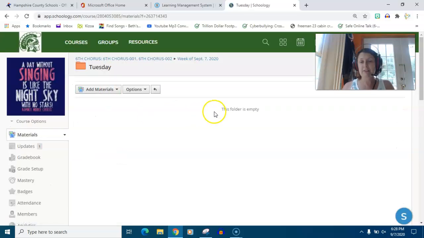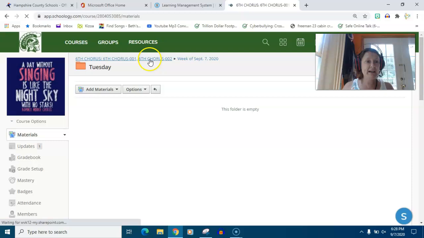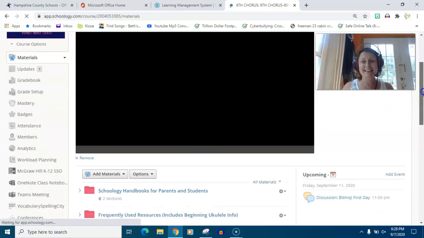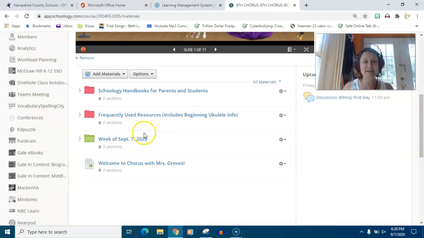There's nothing there, which means I guess I don't have to do anything because we're only seeing our 8th graders that day and we're not having related arts. So for that particular class, there's nothing there, so I don't have to worry. Now if I go back, I know because I did this. At the end of the week, I do have some assignments. So if I go back to that folder,